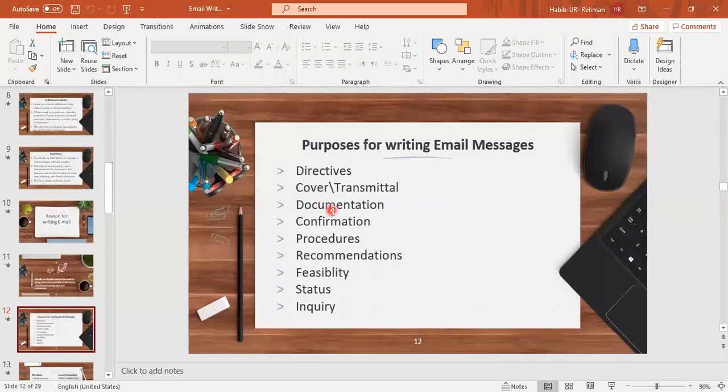You can use email for documentation, for confirmation. We will get the detail later on. We want to explore procedures. We can recommend something, and send feasibility, status, inquiry. So everything. These purposes are met with email writing.